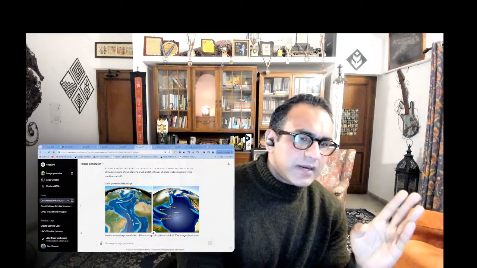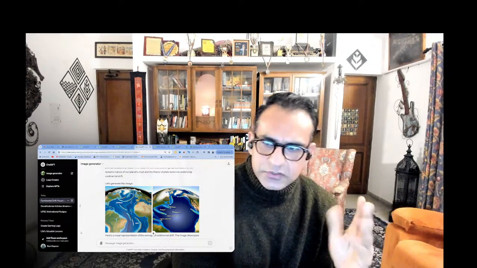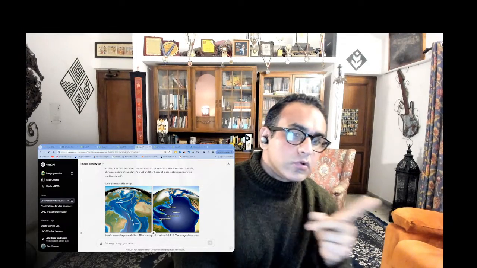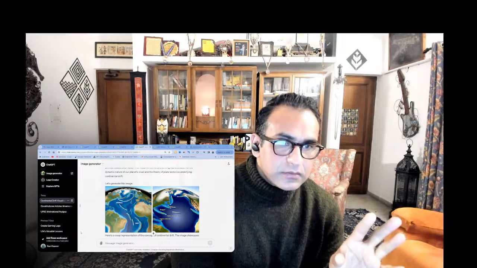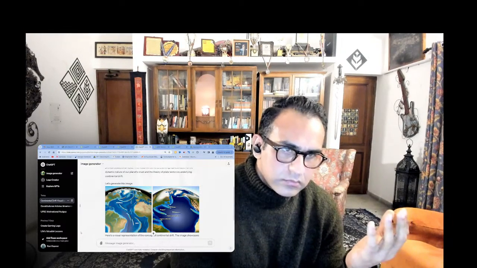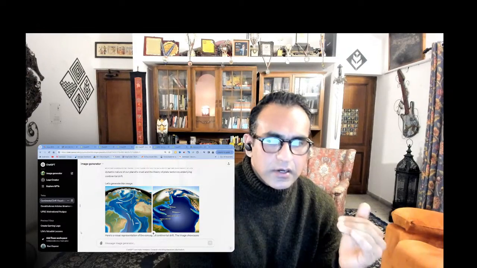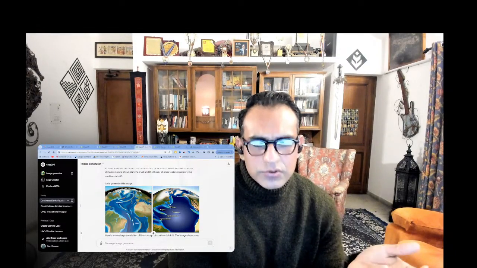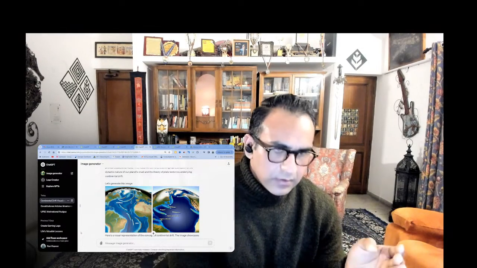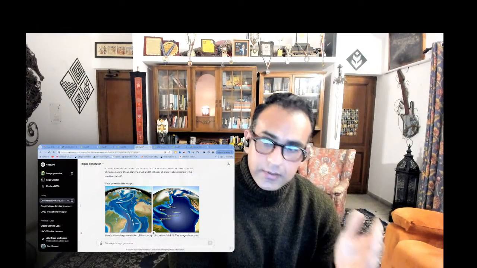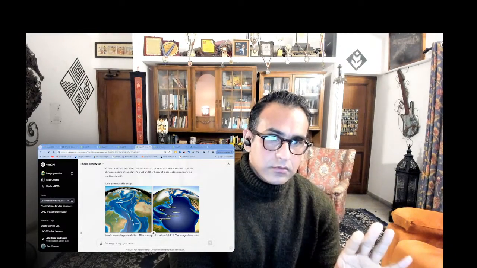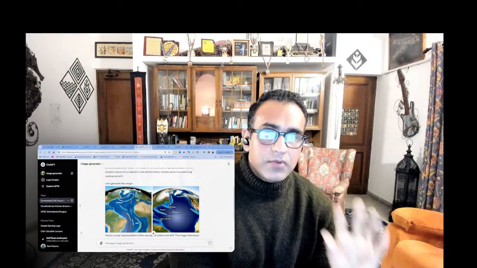It can do this well. But you can use the ChatGPT free version, no problem, it's fine, it doesn't matter. I think for this you will have to go to an image generator, but you should know that if the need arises, suppose you want to somehow go in that direction and go to that level where you really want to see, then what do you do? You will go to an AI tool like Midjourney or DALL-E or something. You will explore a little, you will find it. You can ask it to visualize. The visualization will not be really good. It will not be very good, but it will be okay.